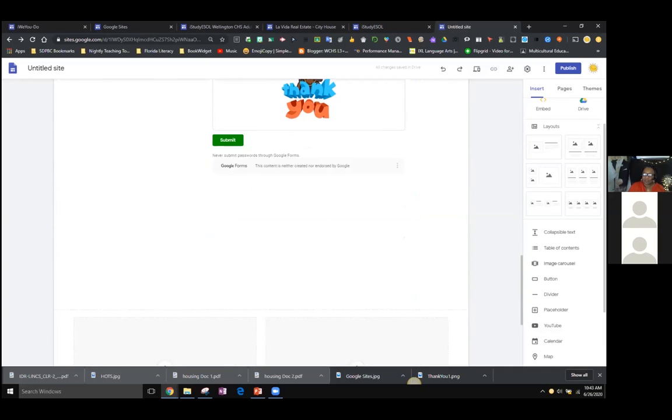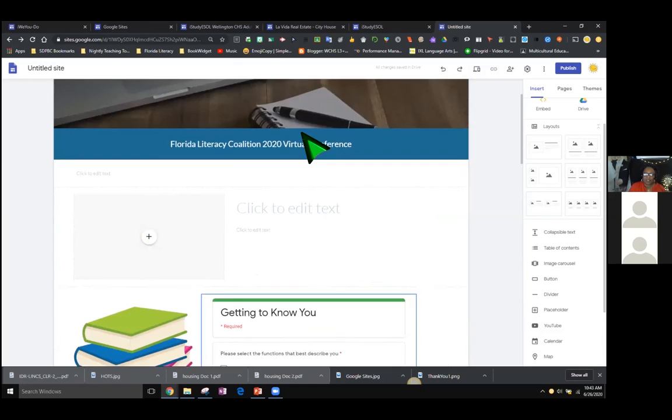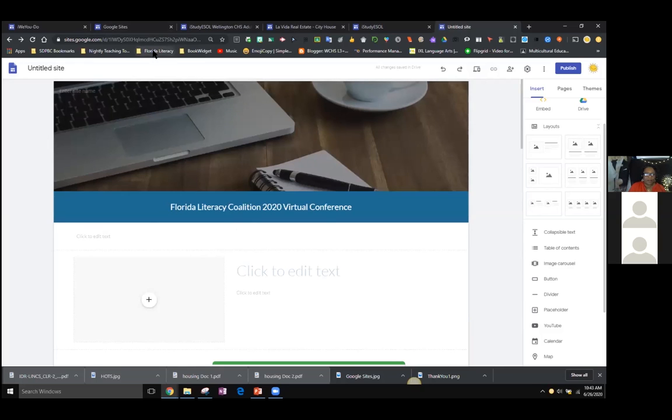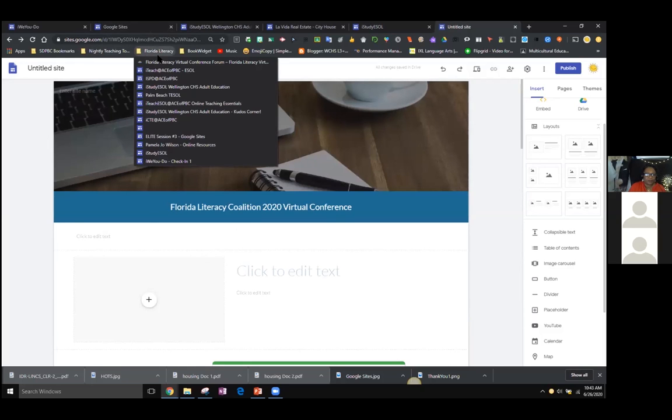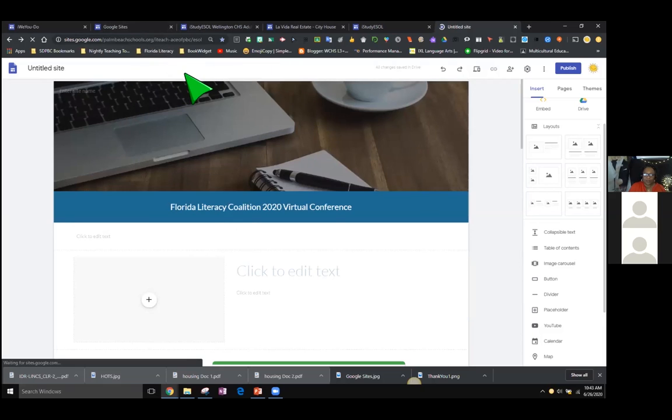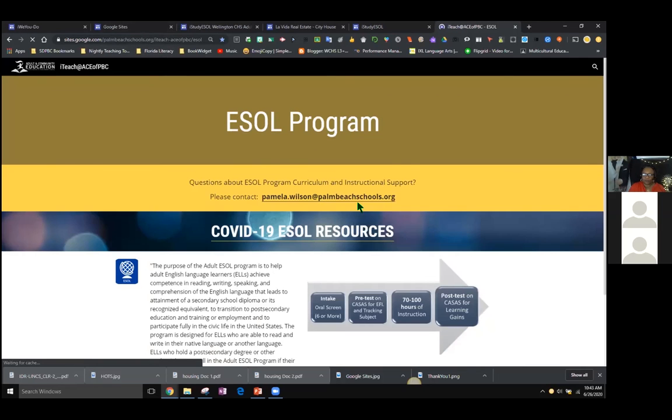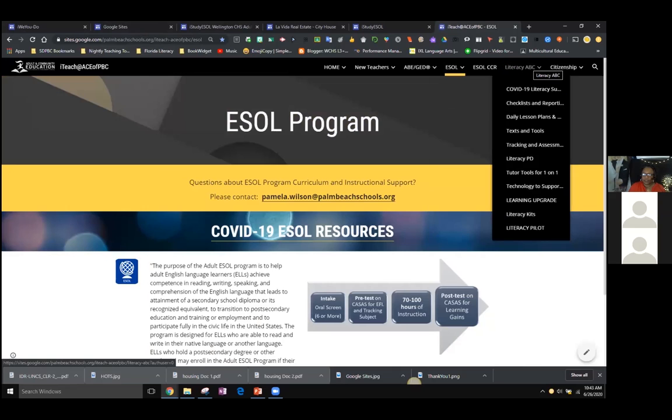The image carousel will allow you to add several photographs. And I'm going to show you this because one of my colleagues in Palm Beach County added a carousel to one of her pages that she moderates. So I'll show you what it looks like real quickly. On our literacy page. Kudos to Lisa.